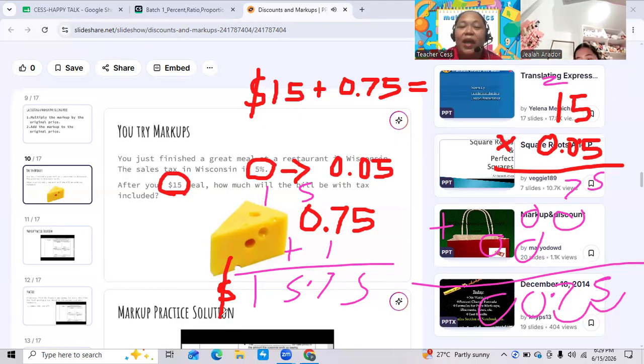You know na how to get the discount and markup? Yes, teacher. Okay. After getting the discount and markup amount, the discount will be subtracted from the original price to get the selling price. And for the markup naman po, after getting the markup price, you will add it to the original price so that you can get the selling or the bill amount after adding the markup amount. Okay?